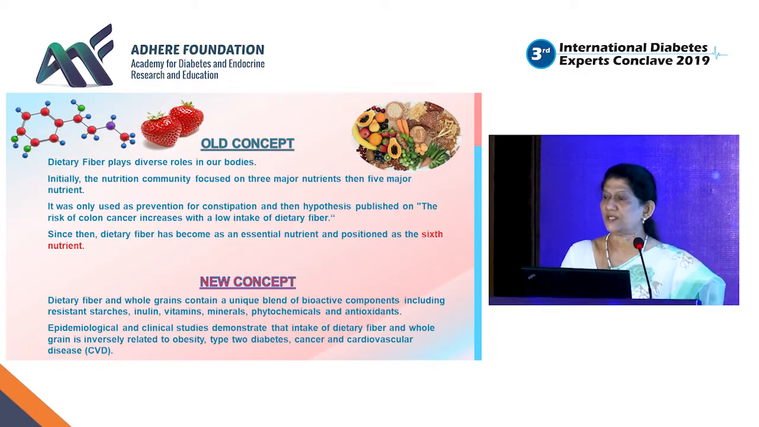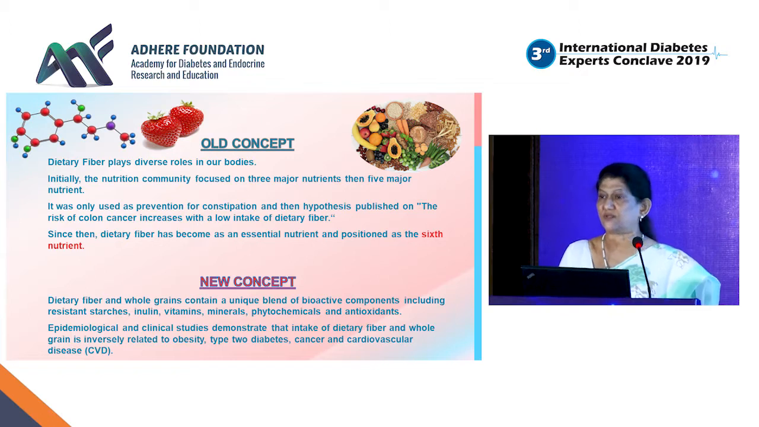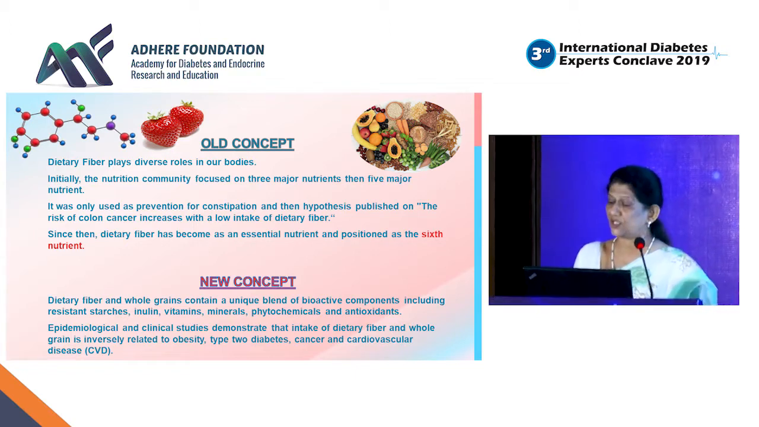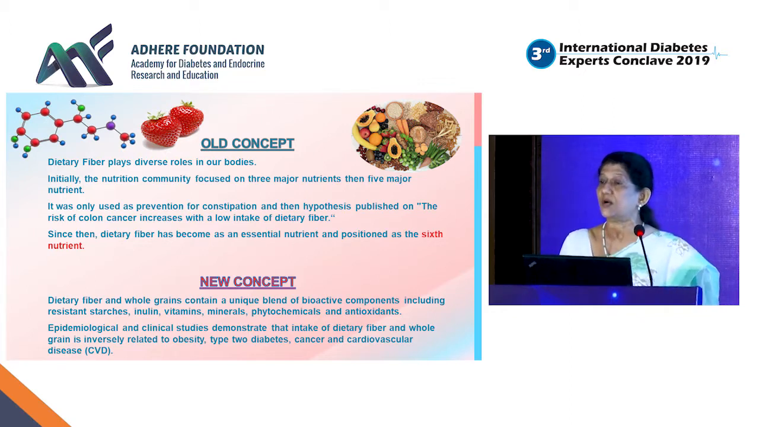So when we see the old concept, we were only looking at the major 3 nutrients, then we looked at the 5 nutrients, and now we are looking at the 6th nutrient, the fiber, with other important functions because of the chemical structure of the fiber. So the newer concept is that fiber is included with resistant starch, inulin, vitamins, and other components, the isoflavones, the polyphenols, the phytochemicals, and many more things